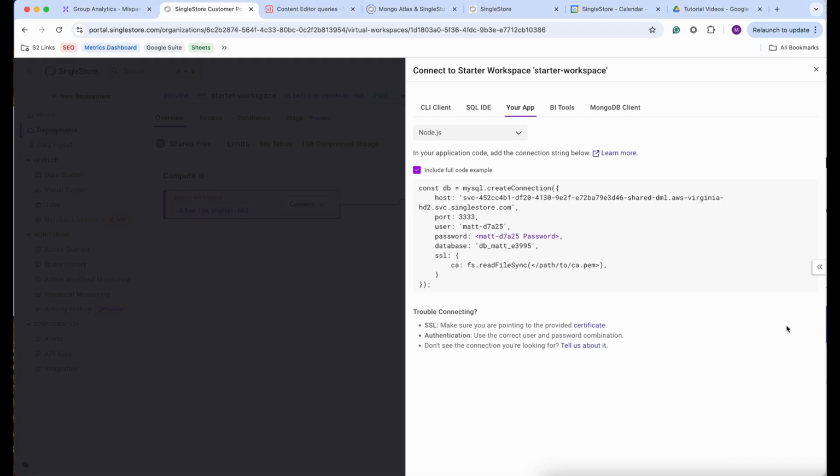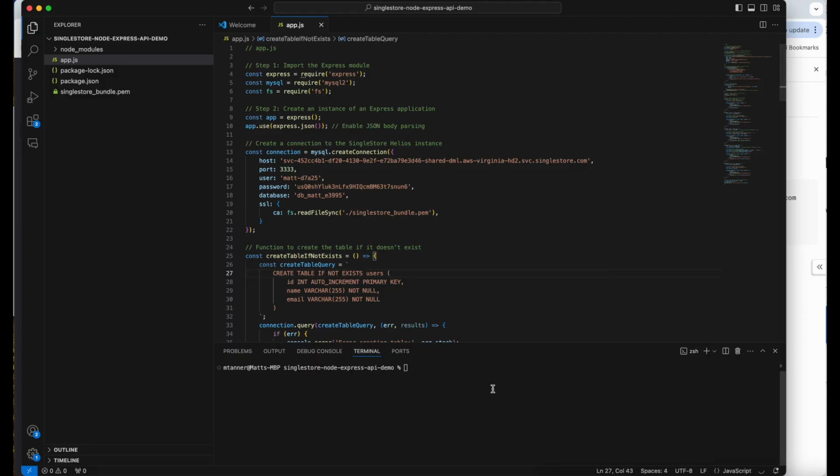If you return back to SingleStore, you'll be able to see right here at the bottom, SSL, make sure you're pointing to the provided certificate. You can click on this. It's going to download that certificate for you, and then you can drop it into your project wherever you need it. Then after we've saved, you can come down here, run our node command, which will bring up our application,